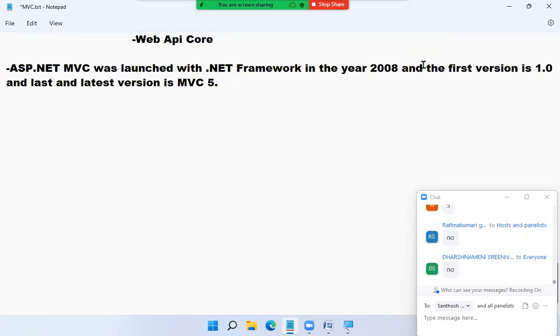70% of the applications in the industry are still running on the .NET framework. It's a long-run process to change everyone to Core. 70% of the applications built in the industry are right now in .NET framework only. It is not going to happen today or tomorrow. Are we clear? Today, tomorrow, we cannot change it.